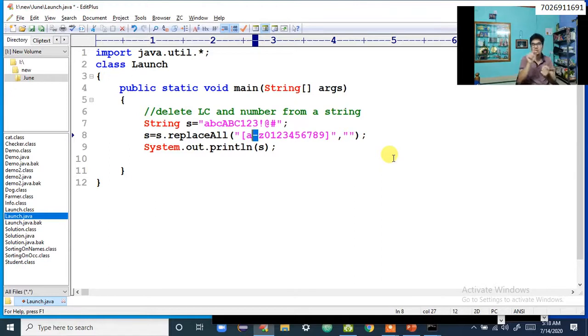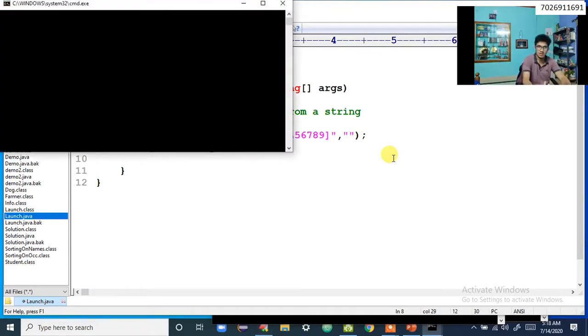Now dash is also a regular expression here. What is its meaning? Its meaning is, take the ASCII values from A to Z, which means A, B, C, D, E, F, G, and so on. So this is the way where if I write it, I'll get the same output. So if I compile and execute,